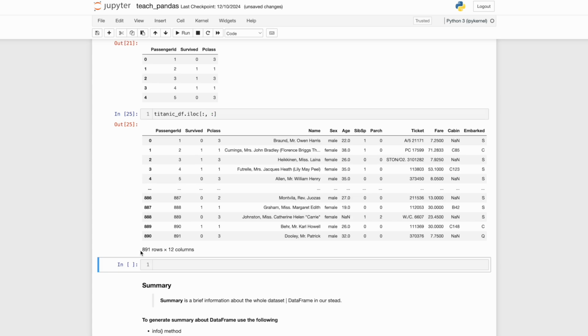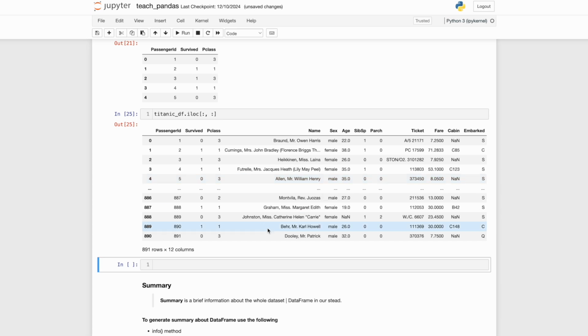Now this is our data set. We have 891 rows, which are the passengers or instances, and we have 12 columns, starting from the passenger ID, survived, passenger class, name, sex, age, siblings and spouse, parents and children, ticket, fare, cabin,